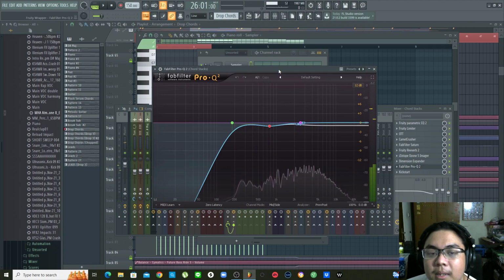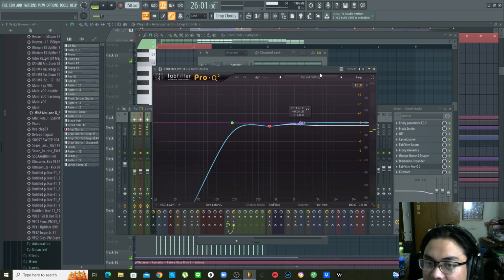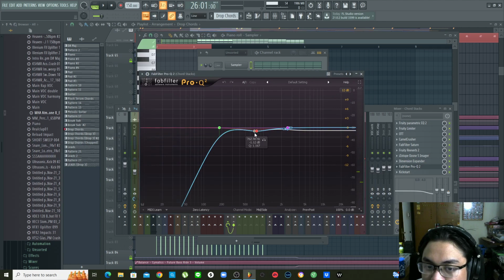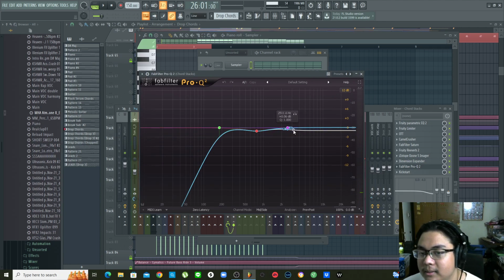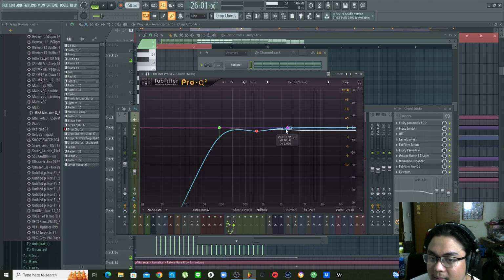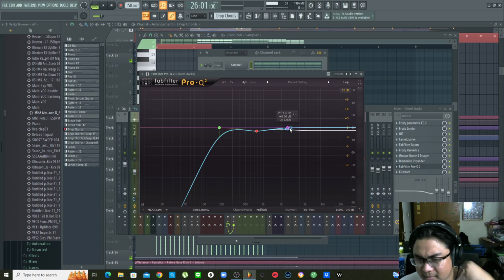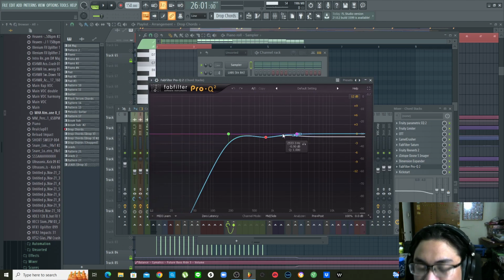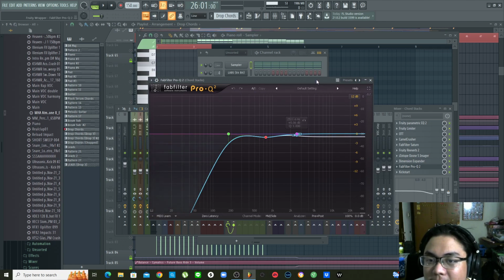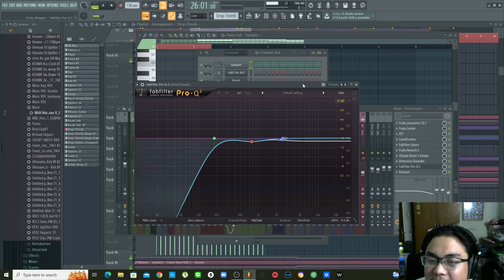For this one, I'm using the Pro Q2. Basically, what I did here is in some parts I actually split the bands. I don't really know how to explain it, but basically I'm making the mid signal a little bit lower and boosting the sides a little bit, just to make it a little bit wider. Mid side EQing is something that maybe for beginners is a little bit difficult to understand,